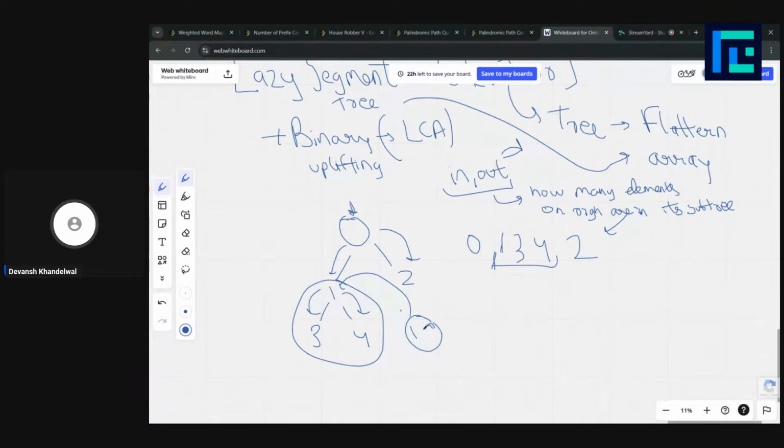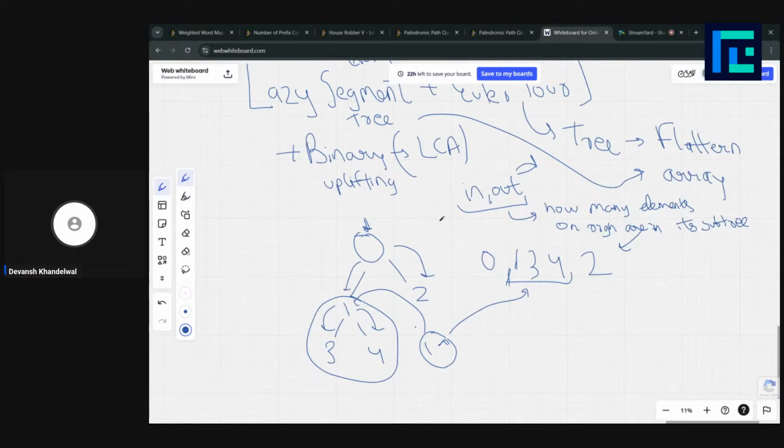So if you need to XOR it, we could XOR this entire subarray, right? And if you need to XOR an entire subarray, we cannot use a plain segment tree, right? Segment trees would take log n for updating each index, right? That's pretty costly. So what we could do is use a lazy segment tree.